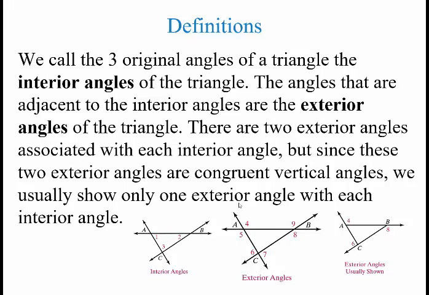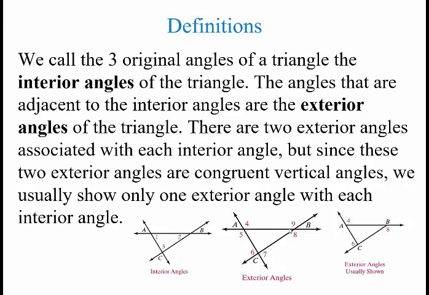The angles adjacent to the interior angle, so not opposite it, but adjacent to it like this. So I have this interior angle, and angles 4 and 5 are adjacent to it. Those are the exterior angles of a triangle, and there are two exterior angles associated with each interior angle. But since these two exterior angles are congruent vertical angles, like angles 4 and 5 have the same measure,